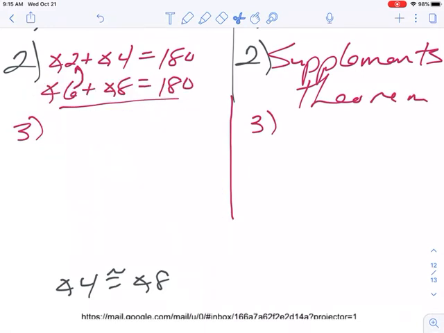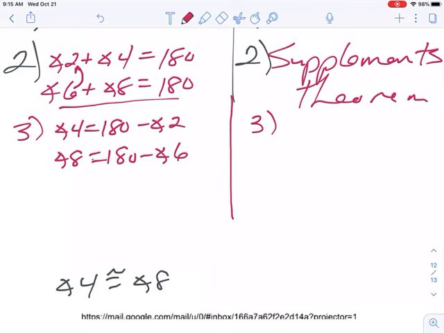All right. If I take that top equation, angle 4 equals 180 minus angle 2, and the second equation, angle 8 equals 180 minus angle 6,